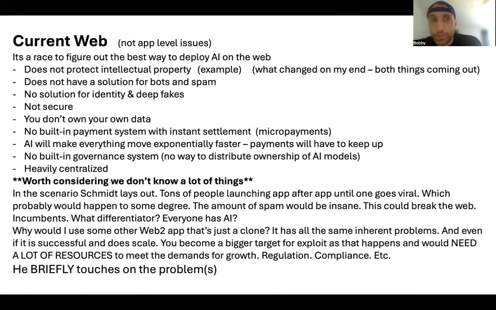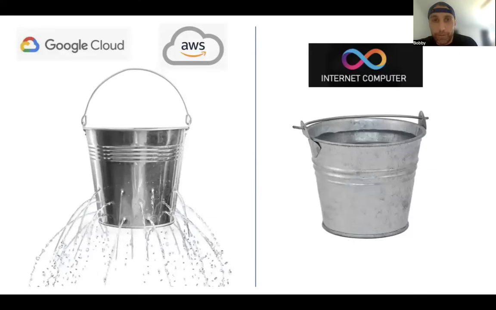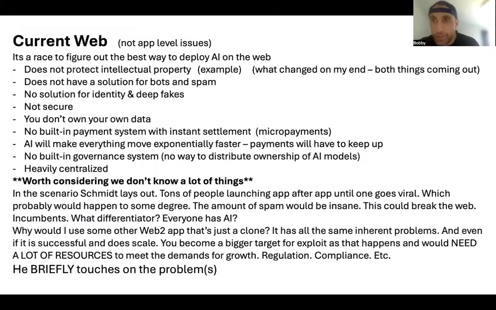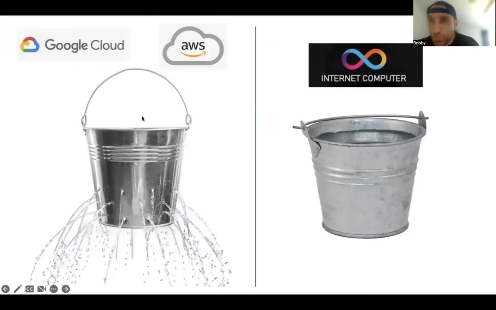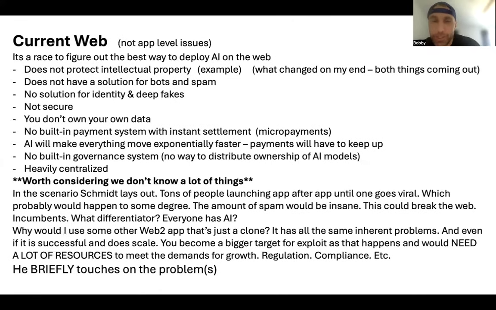solves for a lot of the problems that weren't solved for on the prior version of the web. There are too many issues with the old version of the web to even cover as this progresses with AI in this environment. Now, think about this, guys. You still don't own your own data, it's not secure. There's no built-in payment system